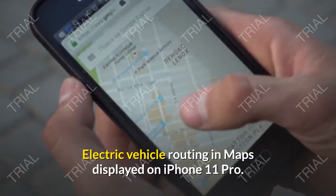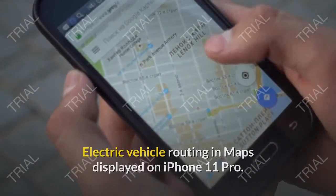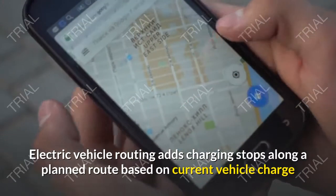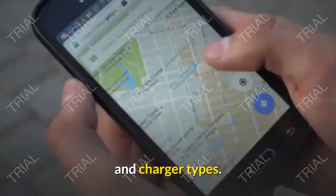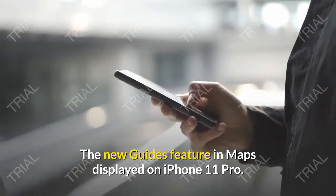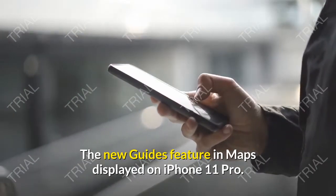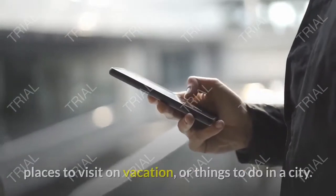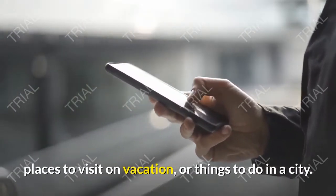Electric vehicle routing in Maps displayed on iPhone 11 Pro. Electric vehicle routing adds charging stops along a planned route based on current vehicle charge and charger types. The new guides feature in Maps displayed on iPhone 11 Pro. Guides make it easy to find great new restaurants, places to visit on vacation, or things to do in a